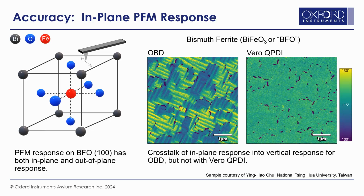And so the polarization vector for BFO starts from the center atom there and emanates out to one of the corner atoms. I'm just going to show the polarization vectors pointing downward because the sample has been poled in the downward direction. And I've tried to match the color scheme there for each of those polarization vectors with this color scheme that I've chosen to represent the OBD response. So you can see some regions in the OBD image that are yellow. Here are these yellow stripes, and that might correspond to this particular polarization vector, which would cause the cantilever to